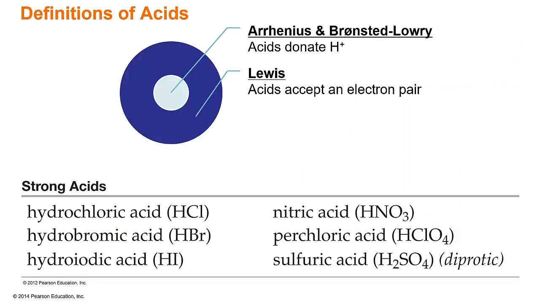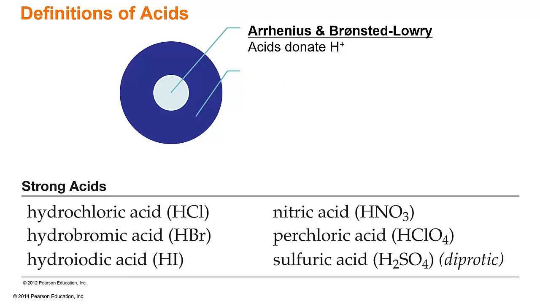Alright, so now let's talk a little bit about classifying acids. When you classify an acid, there are three main definitions: Arrhenius, Bronsted-Lowry, and then Lewis. Your textbook doesn't talk about Lewis, but I wanted you to know that there is a third definition out there. So if you ever hear somebody talking about a Lewis acid or a Lewis base, there is such a thing, but we don't really get too far into it. It's a little bit more complex and harder to identify, so we're just sticking with the first two,